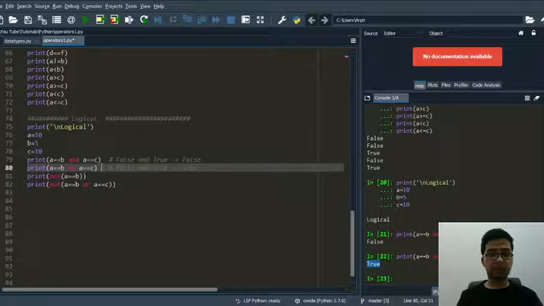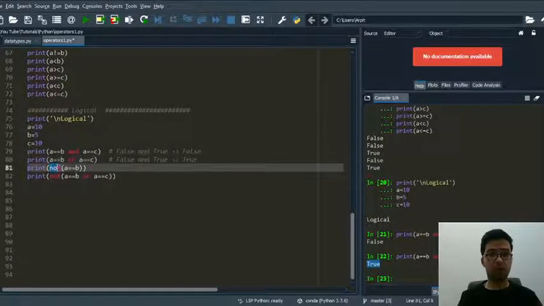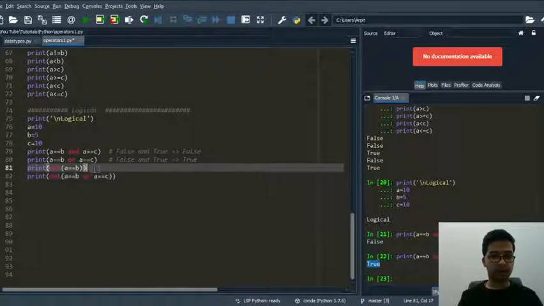The third logical operator is NOT. NOT is basically, if you are getting true, it will return false, and if you are getting false, it will return true. You can say it is doing the complement. So let me run. What do you think will be the answer for this one?